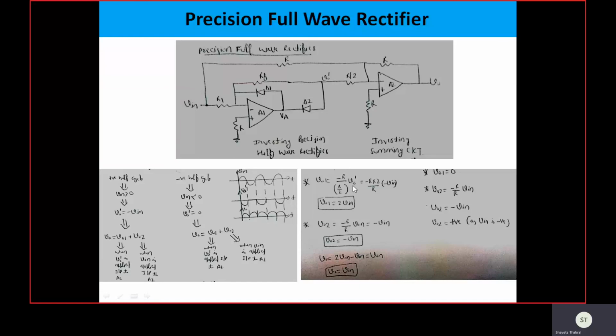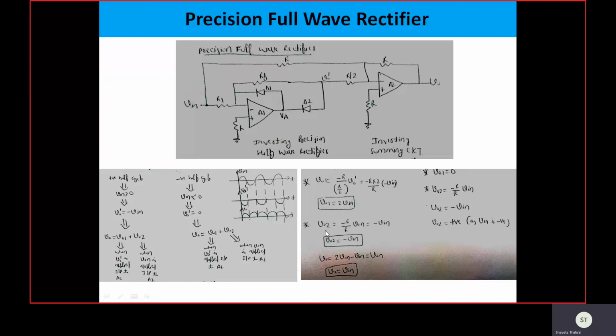And the V naught dash, if we consider for positive half cycle, we are considering as minus V in, and if we are considering negative half cycle, then it will be 0. So as per the cycle we can get the value of V naught dash. So let's say we do the analysis for positive half cycle, so we are putting it as minus V in, so we are getting V naught 1 as twice of V in, because minus minus becomes plus, R is cancelled with R, so this is twice of V input.